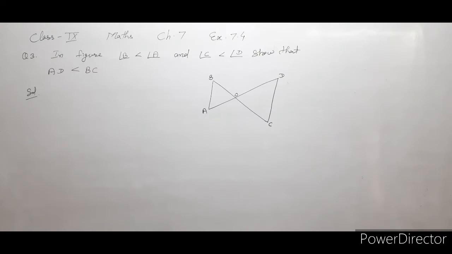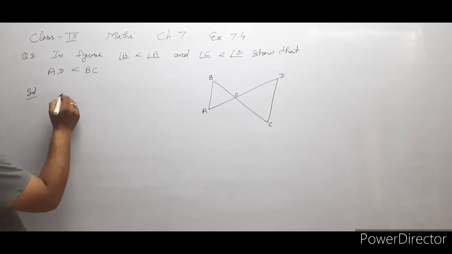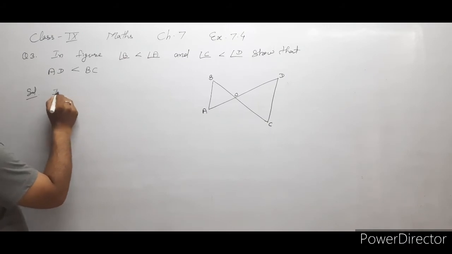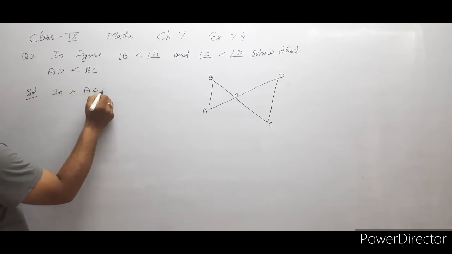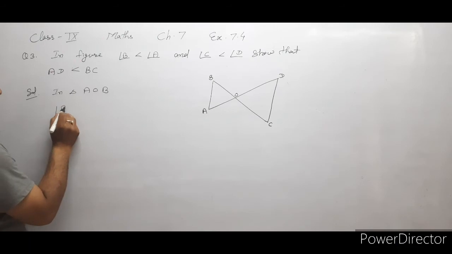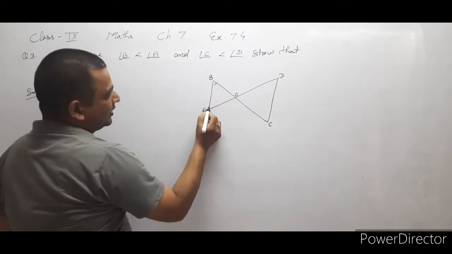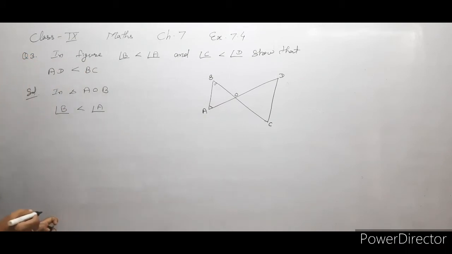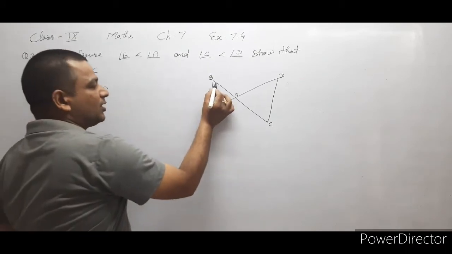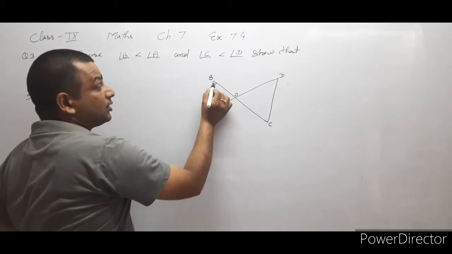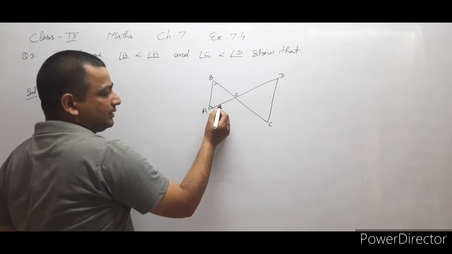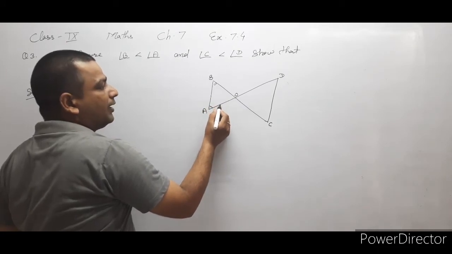Question number 3. In the diagram, angle B is smaller than angle A and angle C is smaller than angle D. So it's given that in triangle AOB, angle B is smaller than angle A. This angle is smaller than this angle. If this angle is smaller than this angle, that means the opposite side of angle B, that means AO, is